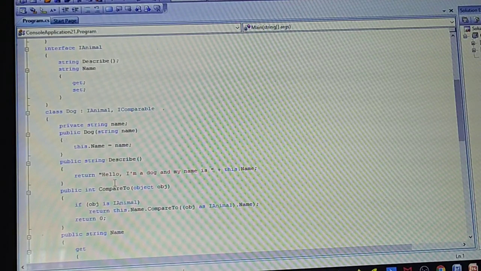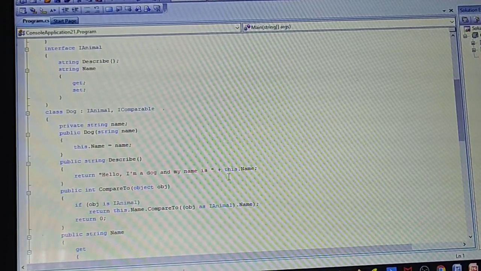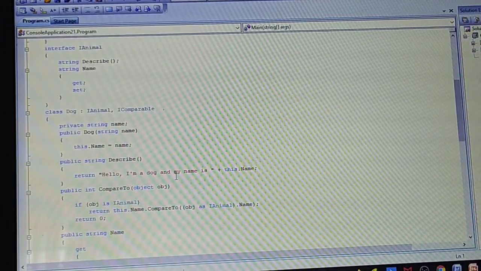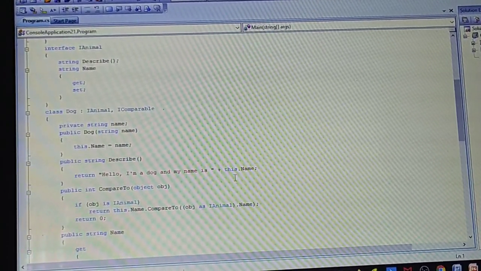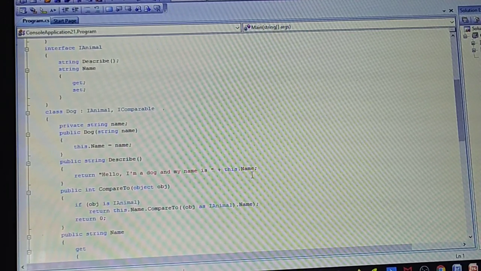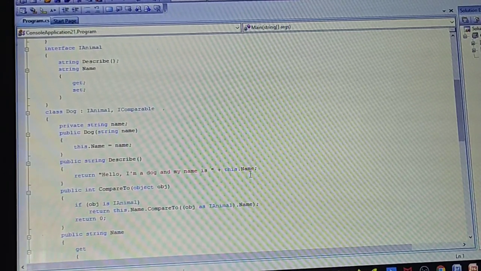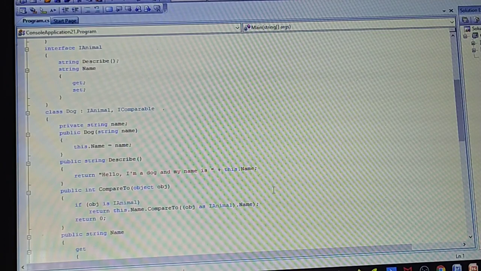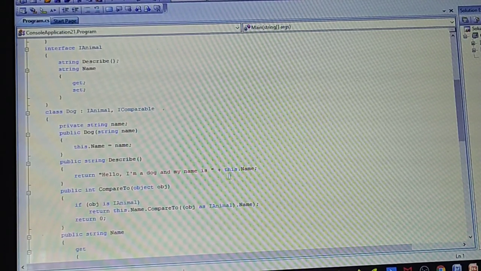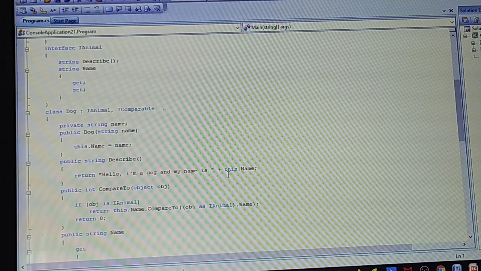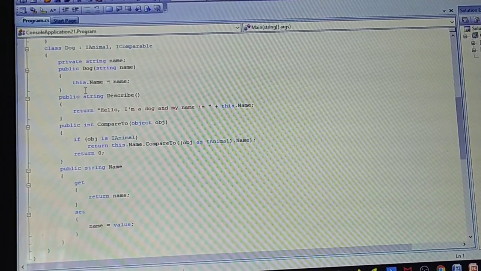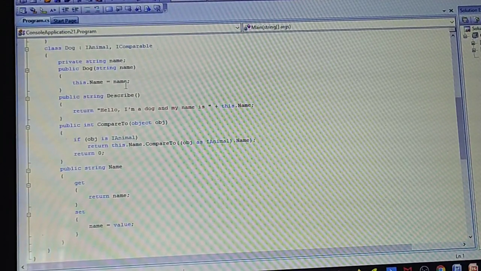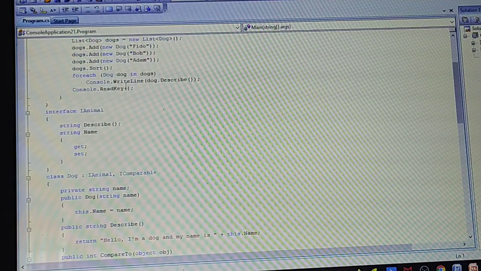The Describe method is returning a print statement: Hello, I am a dog and my name is this.Name. Remember, here we don't have any method call. Whatever this.Name is, we have given it to the print. This.Name, what does it store? This.Name equal to name is assigned. That name contains